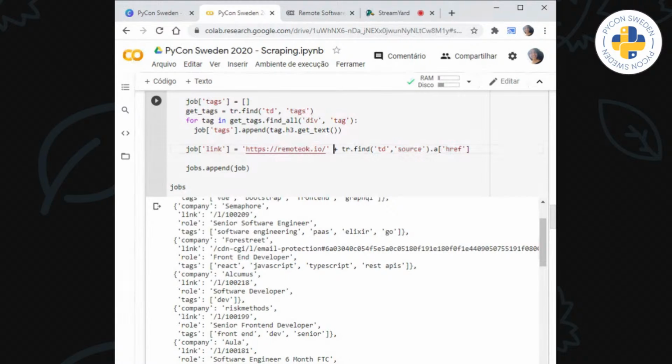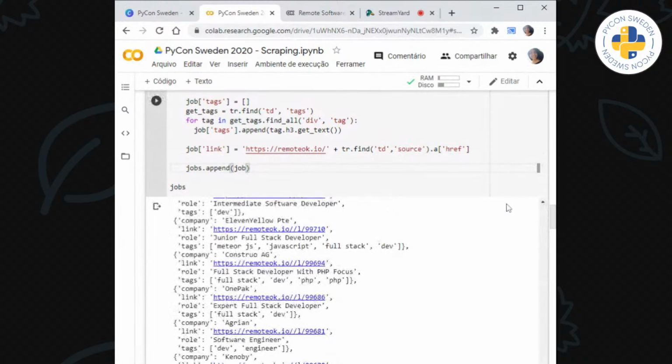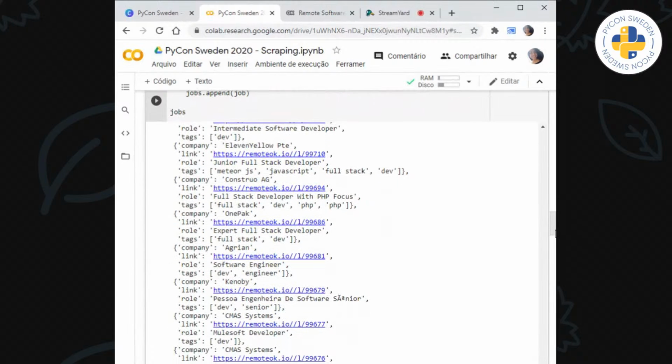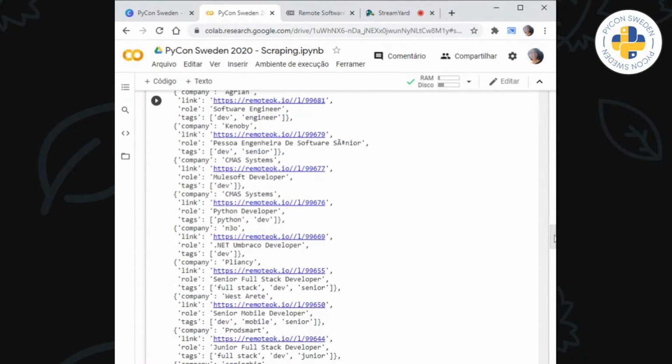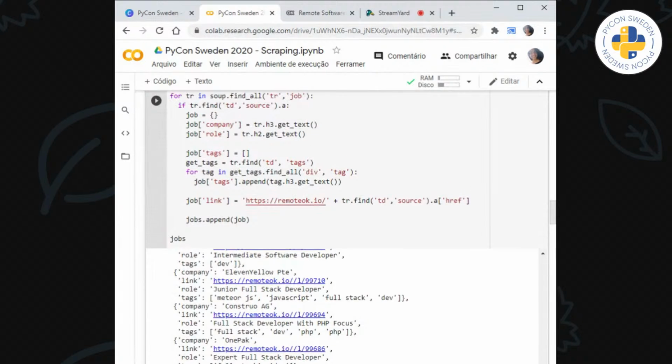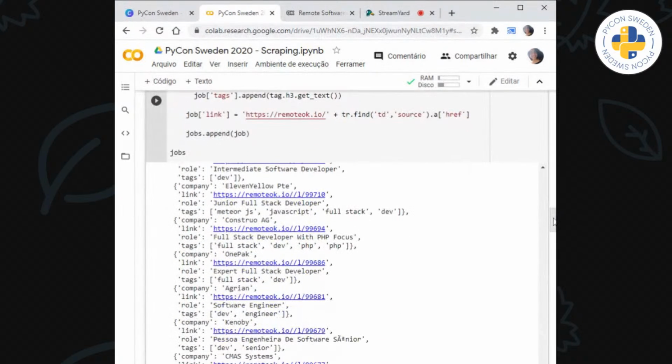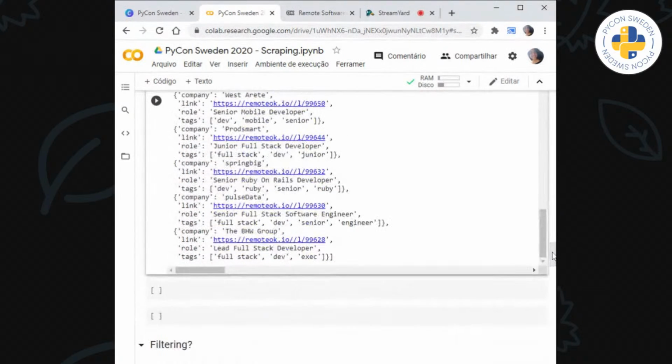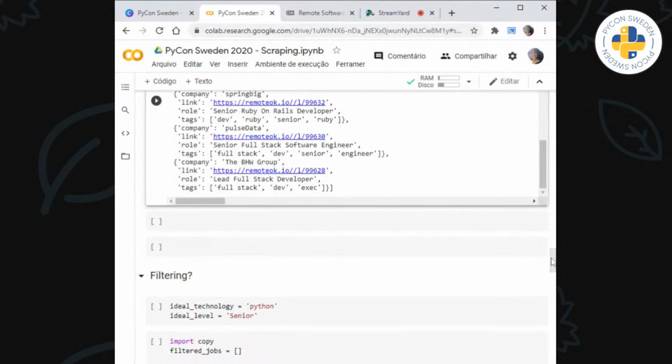Yeah, I think this should work. Let's check. Yeah, now it's working. It's returning the company, the link, the role, the tags, and all the data. So that would be it for this website. These are all the information I want.